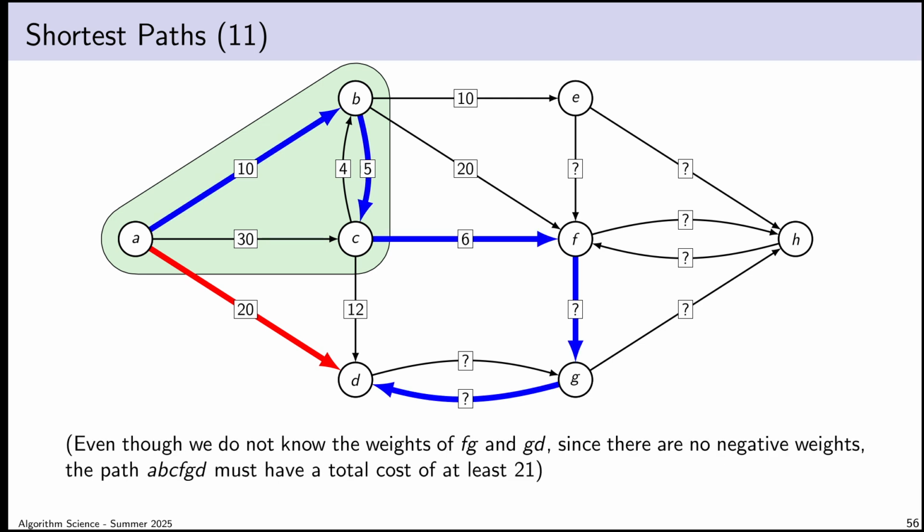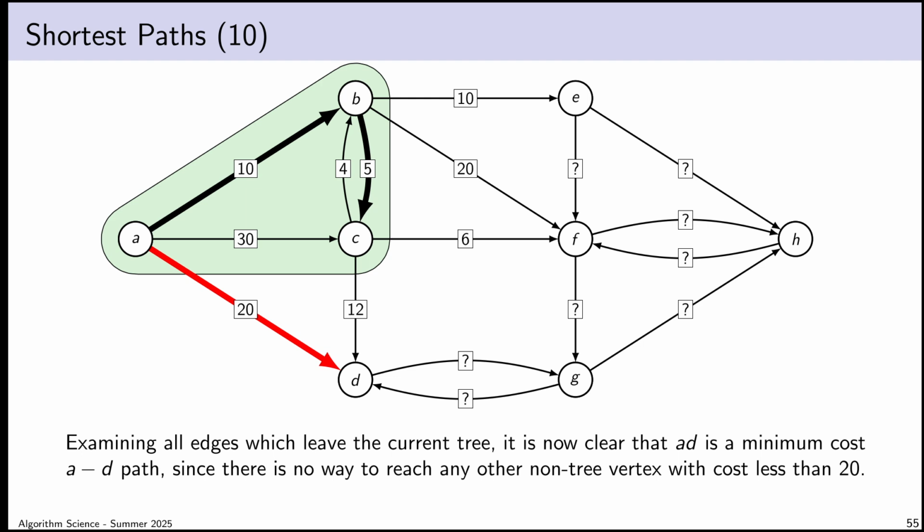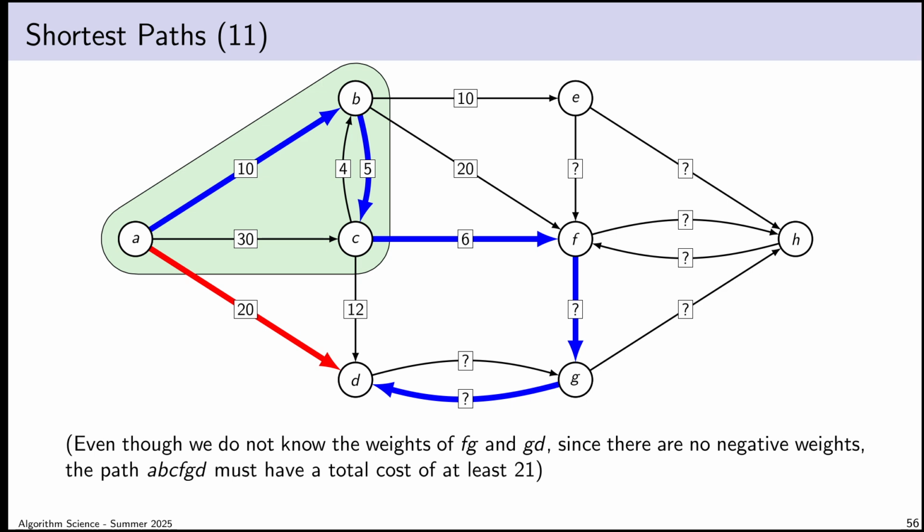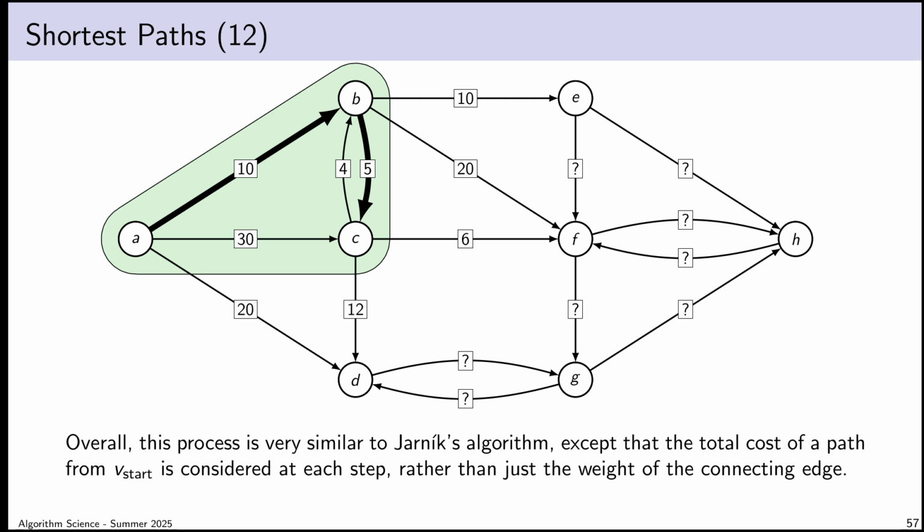So the best way to get to vertex D is via the edge AD, so I bring the edge AD into my tree. And as with every previous case, what I'm pointing out is that there is no faster or lower cost way to get to vertex D. Even if there were a path that went through these edges that I do not know the weight of, notice that getting to vertex F costs 21. And so even though I don't know the weights of these edges at all, they pass through an uncharted region of my graph, there is no way that the weights of those edges could lead me to a total cost that's 19 or less. It's impossible. So I know that this has to be a minimum cost path. So I can bring that into the tree.